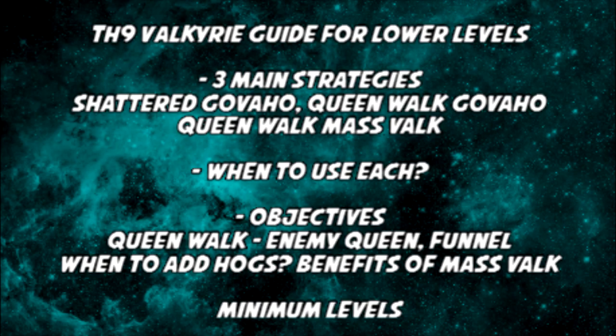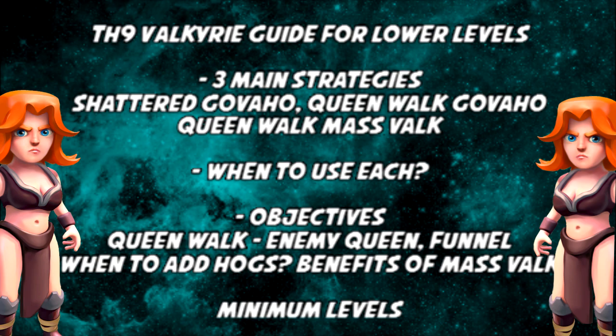Guys, Ash here, coming at you today with a Town Hall 9 Valkyrie guide for lower level heroes and lower level Valkyries. We'll be covering 3 main strategies today: Shattered GoVaHo, Queen Walk GoVaHo, and Queen Walk into Mass Valk. We'll discuss also when to use each and the objectives, like when to add a Queen Walk to your